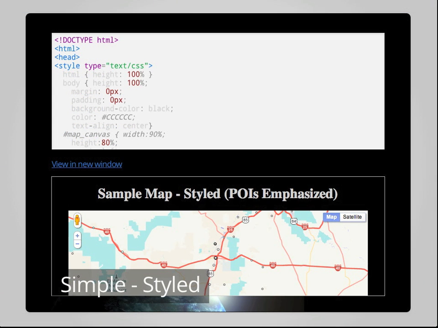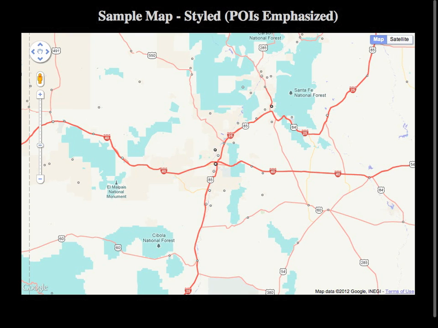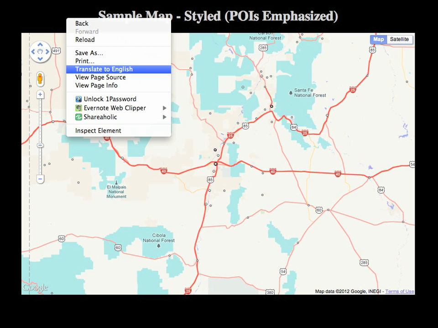Here you have a demonstration of our initial very simple map from our demonstration last week, in which the styles defined through the previously demonstrated styling process have been applied to that simple map. And if we view this in a new window, we can see the styled map as I've generated it. And if we view page source,